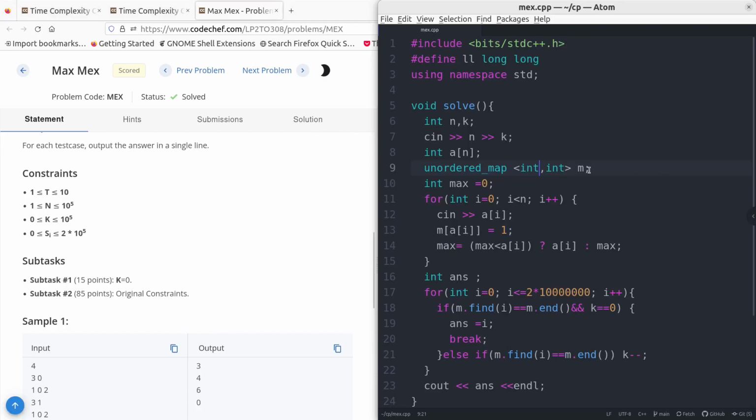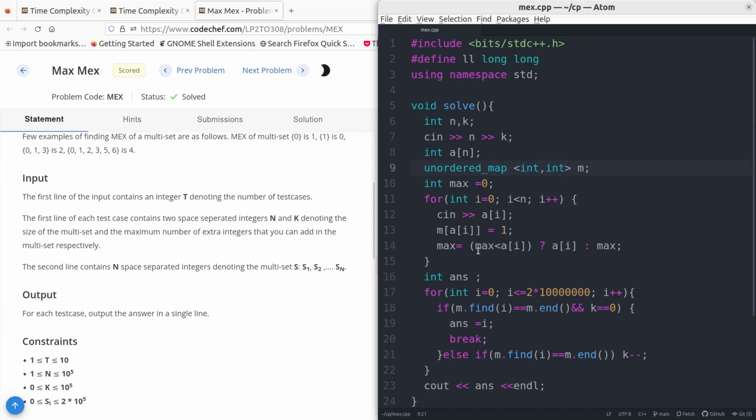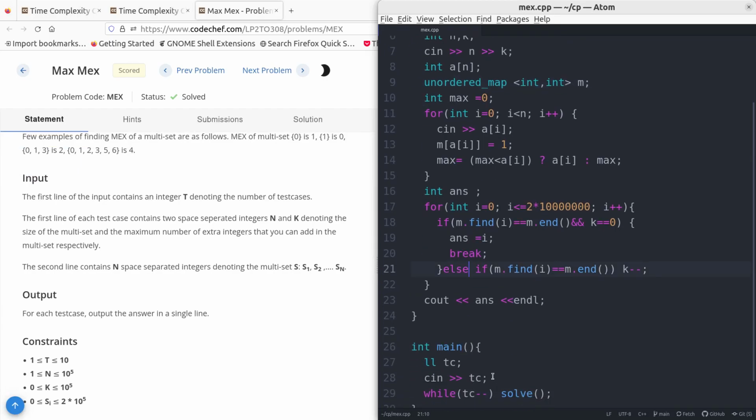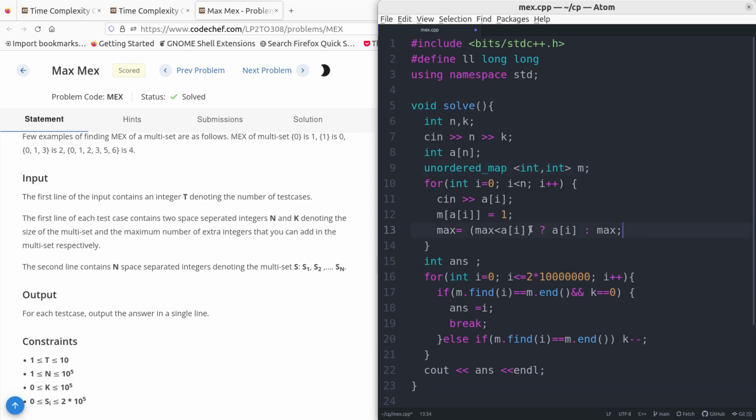So they will give the input and output like this: they'll give the number of test cases, we need to read them, and they will give n and k values. Now I have taken a map. First I am reading the numbers. While reading the numbers, actually I need not calculate the maximum also. I have calculated the maximum in this loop,